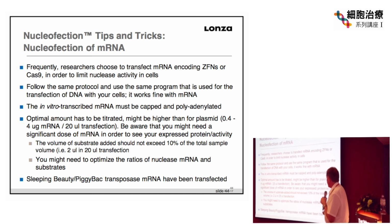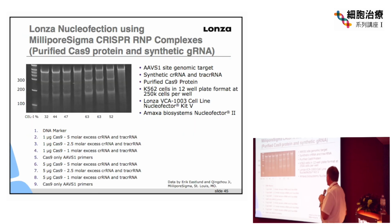Also, Sleeping Beauty and PiggyBac, these are the transposase-based systems. Those mRNAs have also been transfected very effectively using nucleofection. This is a slide about protein transfection with Cas9 RNP. This is from some of my friends at Sigma who gave me this slide. And basically, they're looking at...